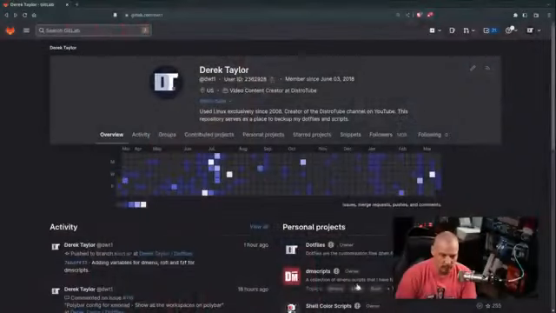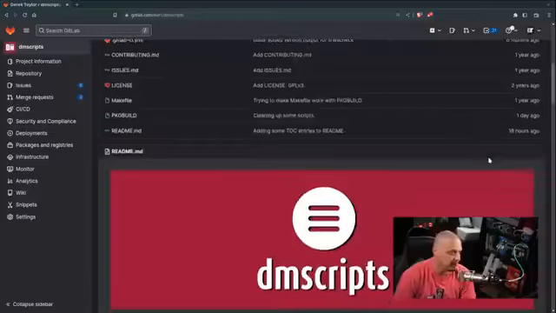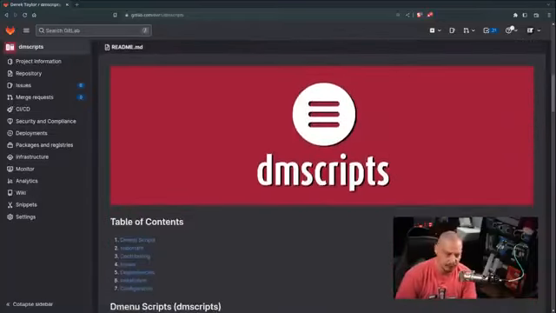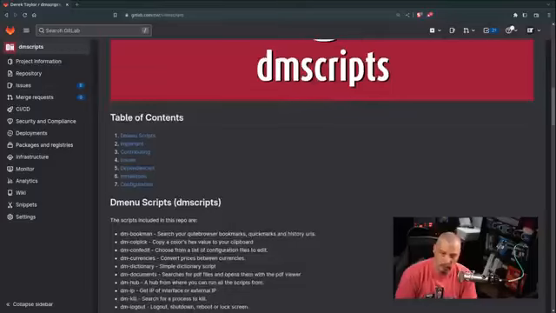And one of the things I've really put in a lot of work in here in the last couple of weeks is my Dmscripts. So Dmscripts, essentially, it's a collection of dmenu scripts. It's about 30 different scripts designed to be used in conjunction with dmenu. I've got Dmscripts packaged for the Arch user repository, the AUR. Dmscripts is also a package that is installable if you have DTOS installed, because it's actually in the DTOS core